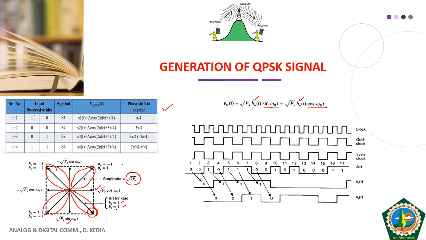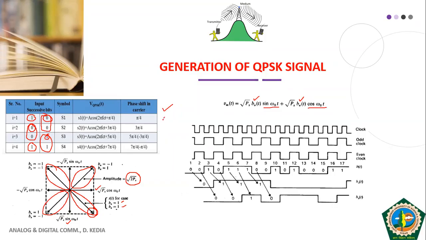Here my 2 bits are say 1 0. Then what is happening, this 0 is not changing, only this bit is changing. Then in the next successive symbols, this 0 is maintained the same, and this bit is changing. Then here this one is remaining unchanged, and this one is changing. It means in offset QPSK, we introduce a delay between even and odd bit changes. We do not allow both the even bits and odd bits to change simultaneously.